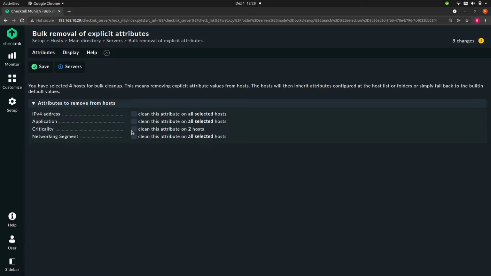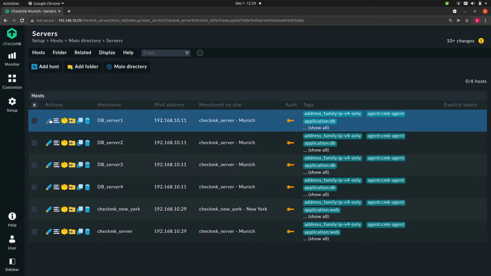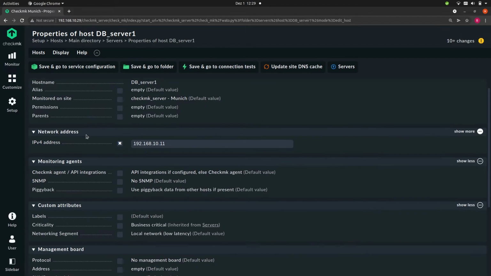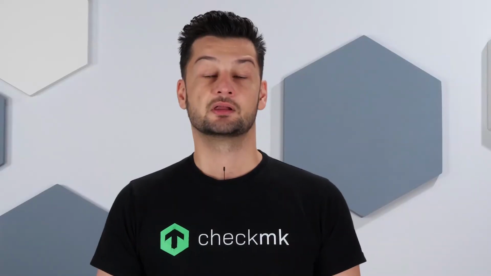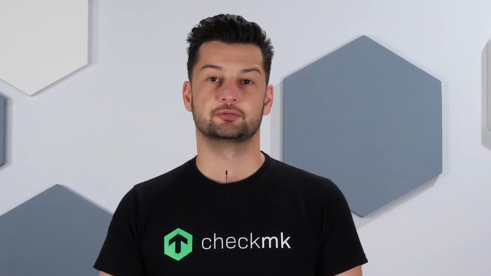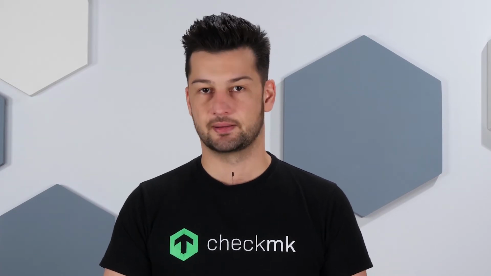So now let's remove the networking segment for these 4 hosts and press save. And if I now look into a single host here, you'll see that the networking segment is again the default value, local network. So this is a powerful way to reset our inheritance and make sure that it works properly again.